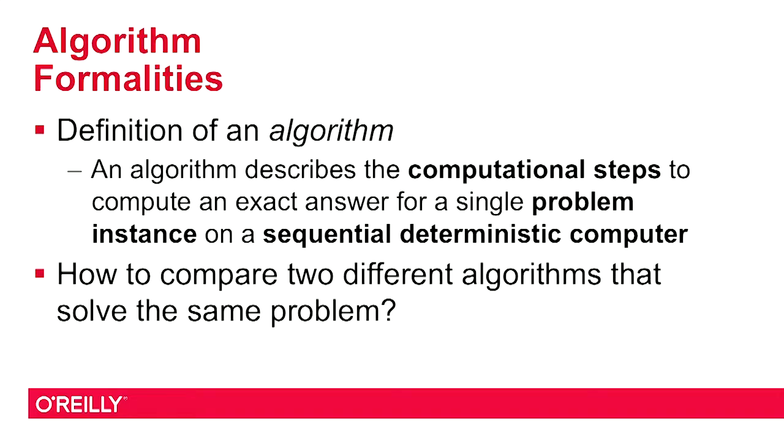I'm going to use the idea that we're using a sequential computer because there's been such massive advancements in computer hardware with multi-core and parallelism that we really fundamentally have to approach our algorithms from a different point of view when you know in advance you have parallelism at your availability. So this fundamental structure is a deterministic sequential computer, and I need to then understand what are my steps for